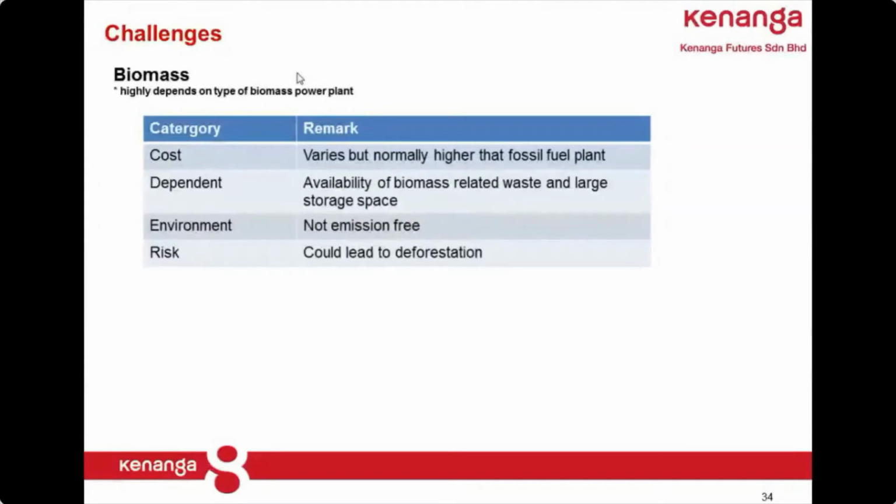As for the last one, it will be biomass. The challenges are highly dependent on the type of biomass plant. So cost varies, but normally higher than fossil fuel. It very much depends on the type of biomass plant. If it is from the landfill, then it could be slightly lower cost. But in terms of other biomass like burning wood or ethanol or biofuel, then it will be a different